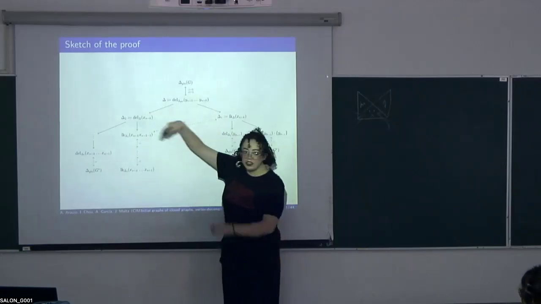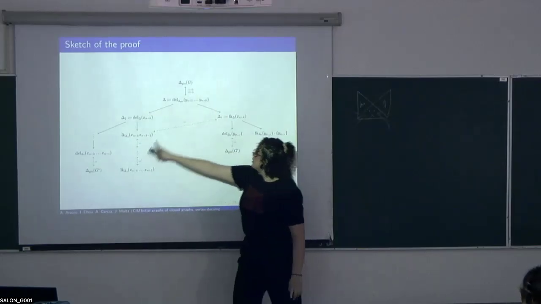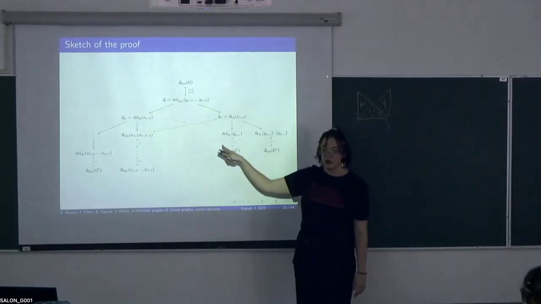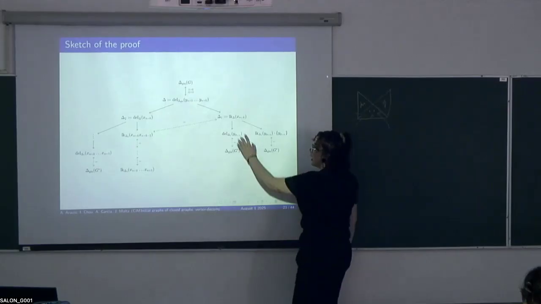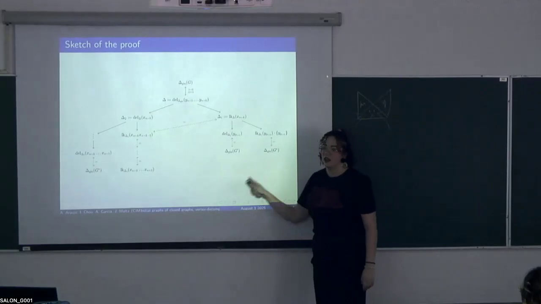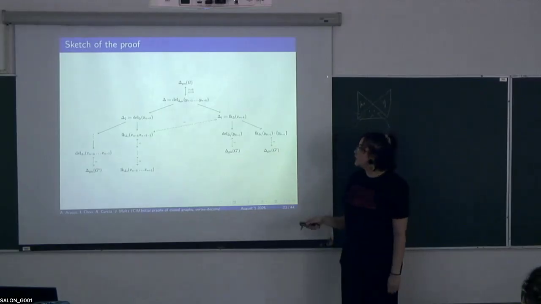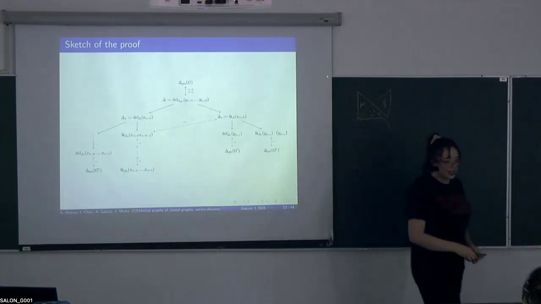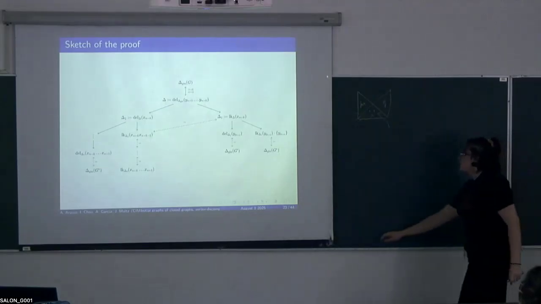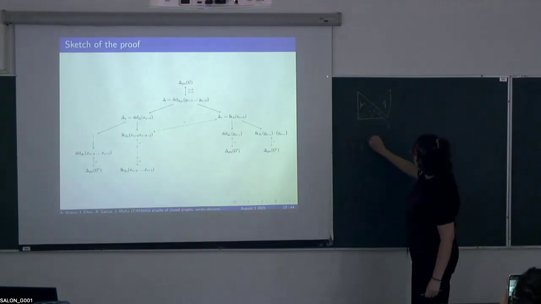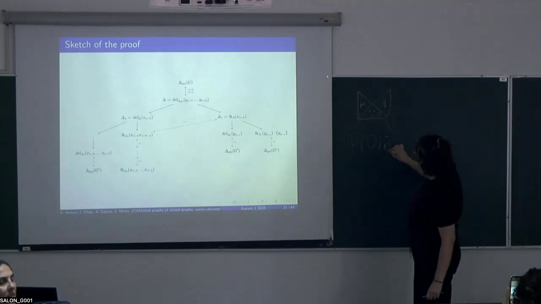Right here, all the links are equal to this link, so we only have to prove that this link is vertex decomposable. Here we delete another vertex, we obtain another induction hypothesis, and here it's not equivalent to the induction hypothesis, but we know that this is vertex decomposable